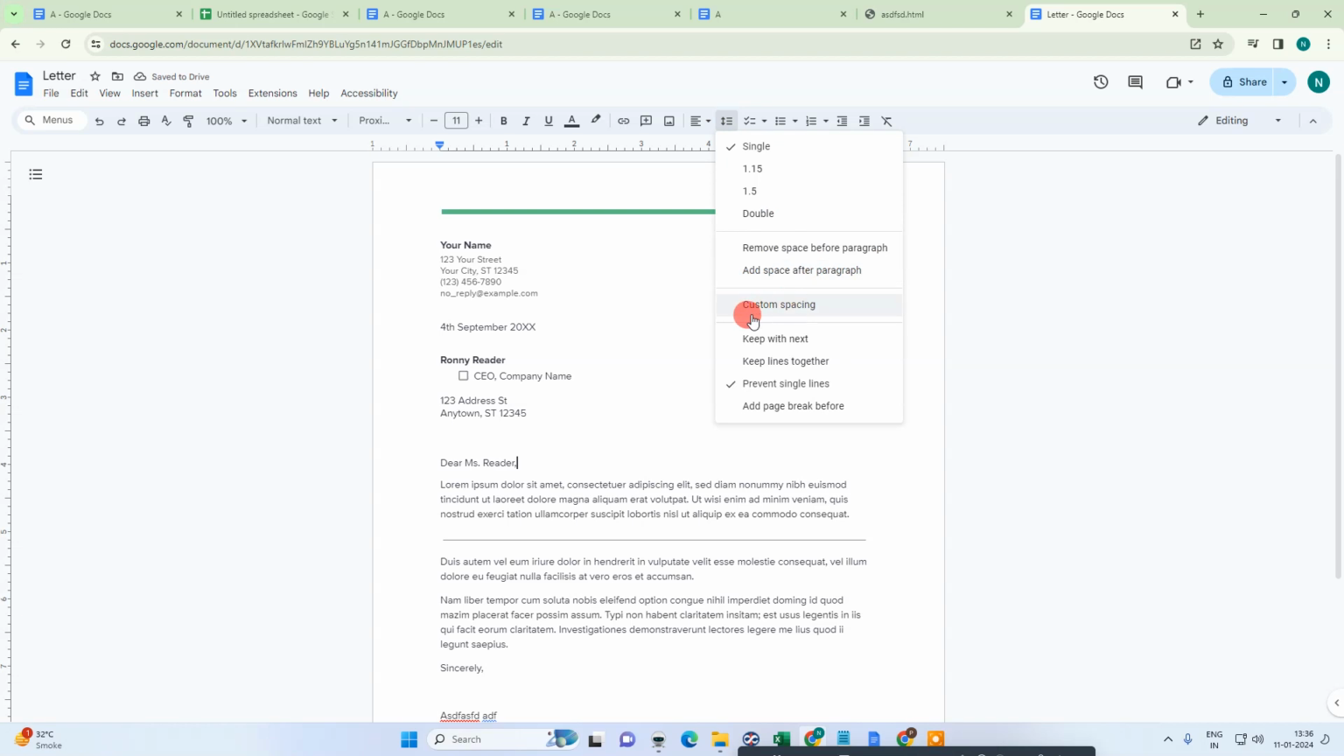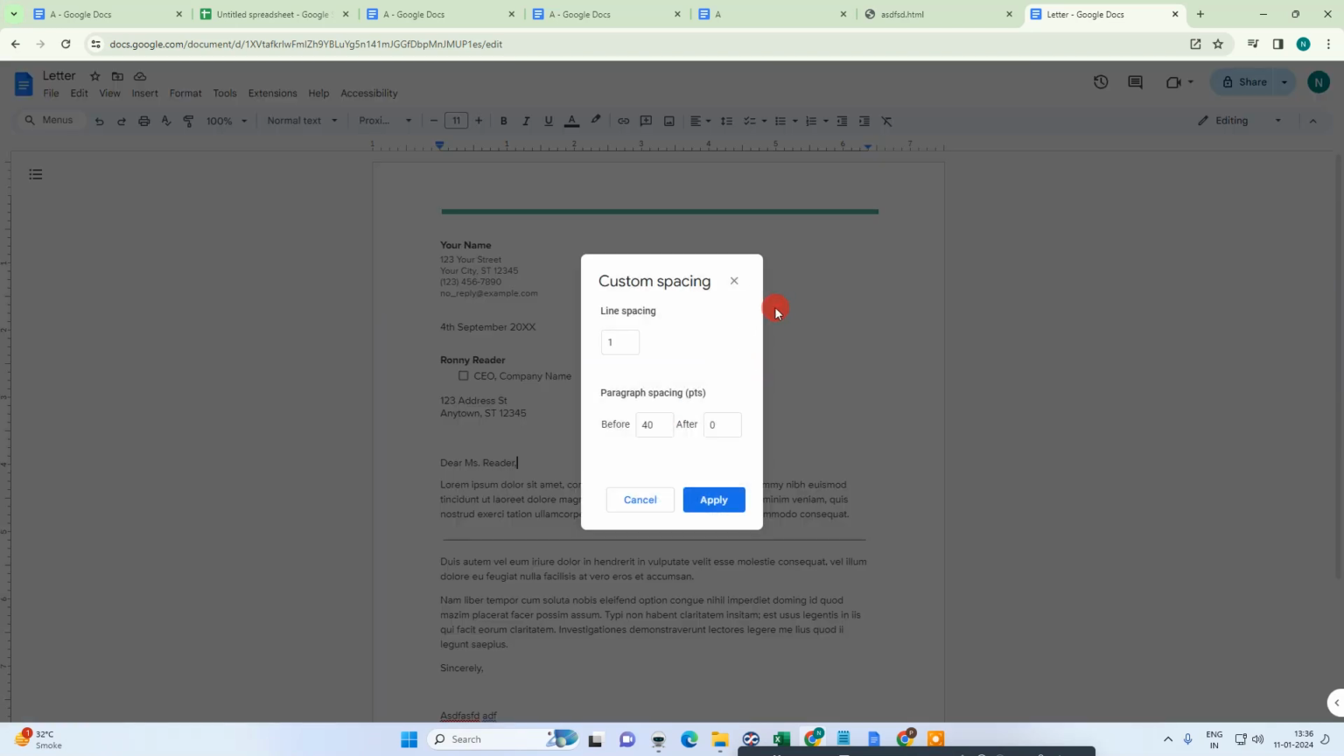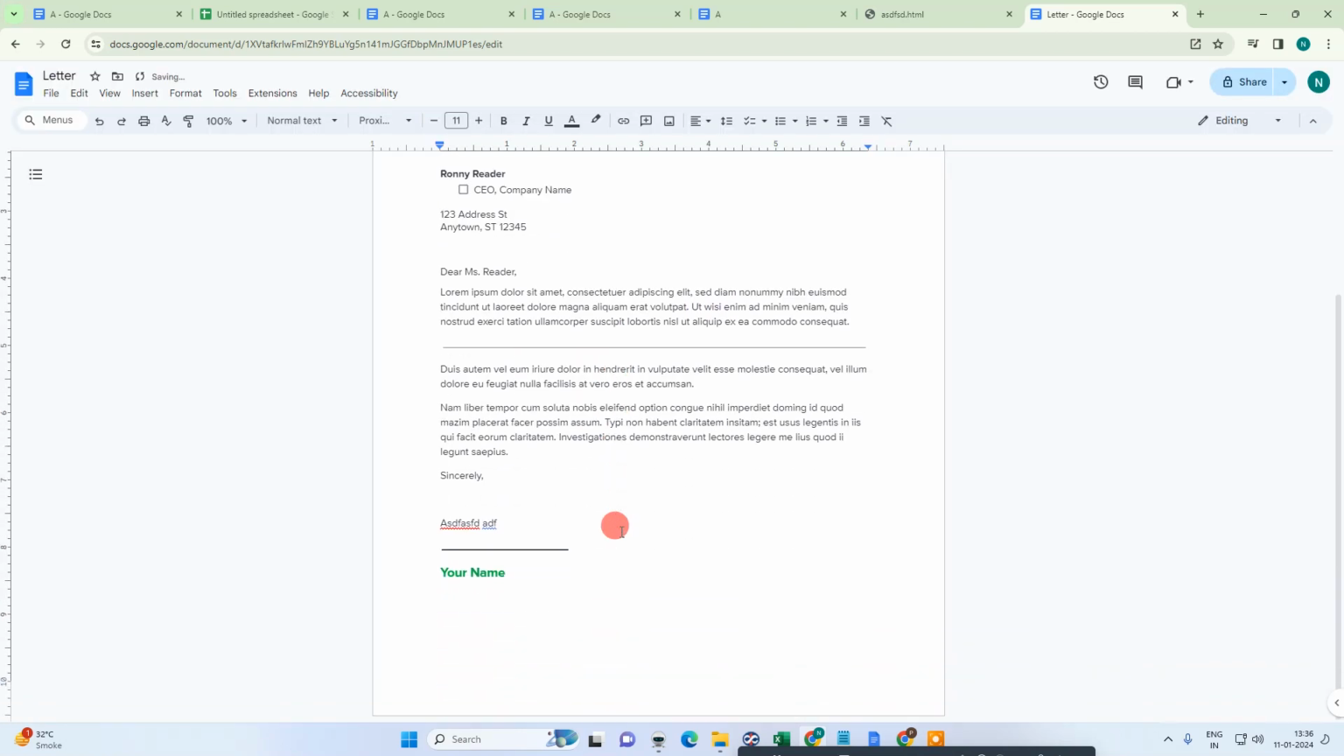Okay, and there are options to remove space before paragraph, add space after paragraph, custom spacing, and keep with next line, prevent single line. There is an option you can use, and this is the custom spacing you can use, line spacing or paragraph spacing. So I can use 0.5 in line spacing. You can see it is